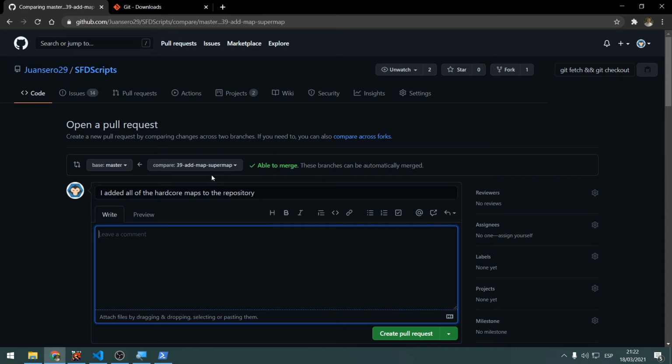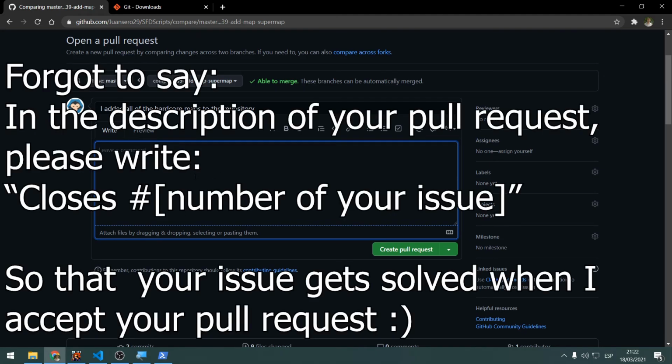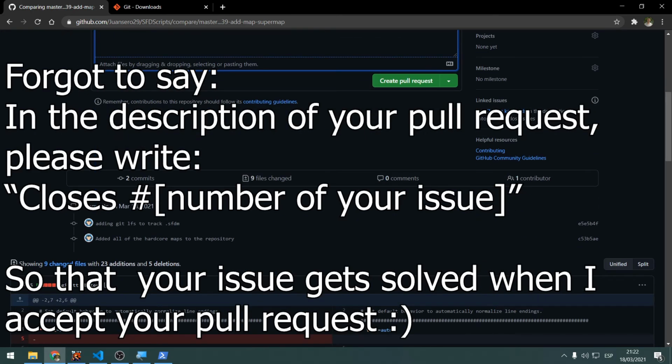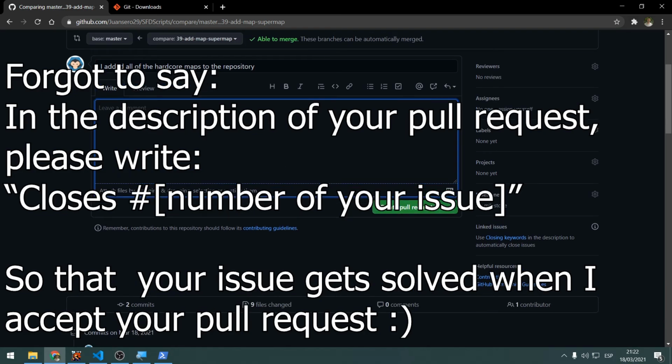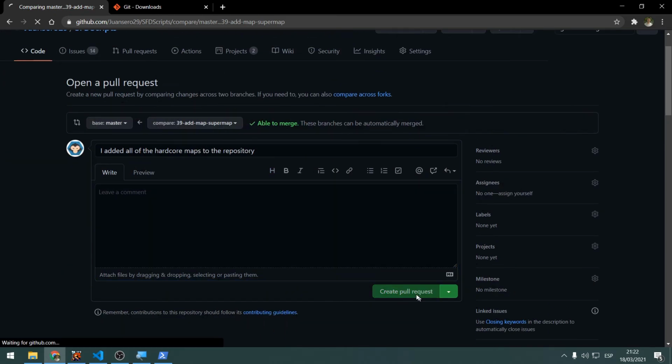I also recommend, if you're creating new maps, to send some screenshots in here so that I can see what is the thing that you've worked on, how does the map look, and report any issues right here also. If you need help testing, if you need help with your specific map, you can do this right here. So you can create a pull request,